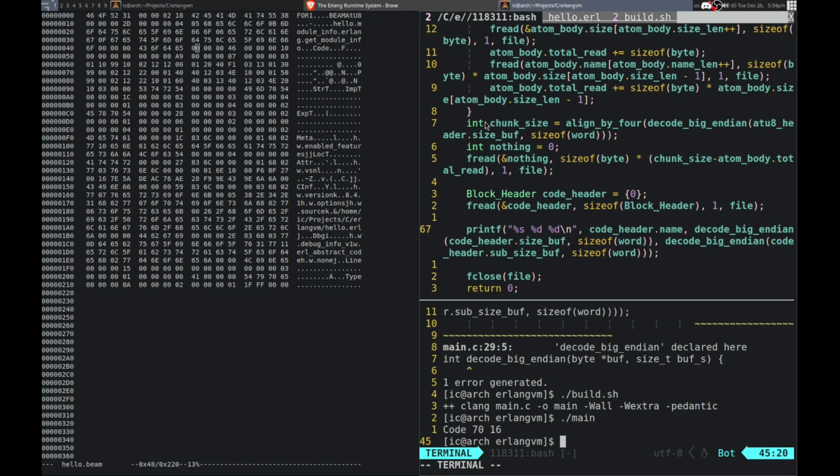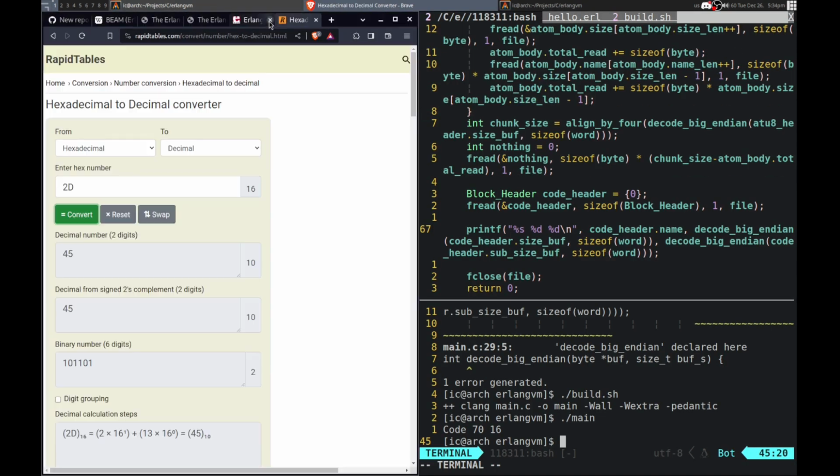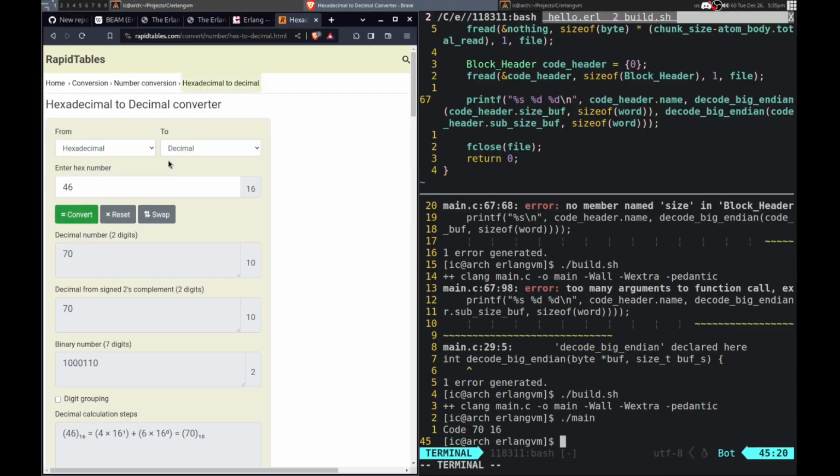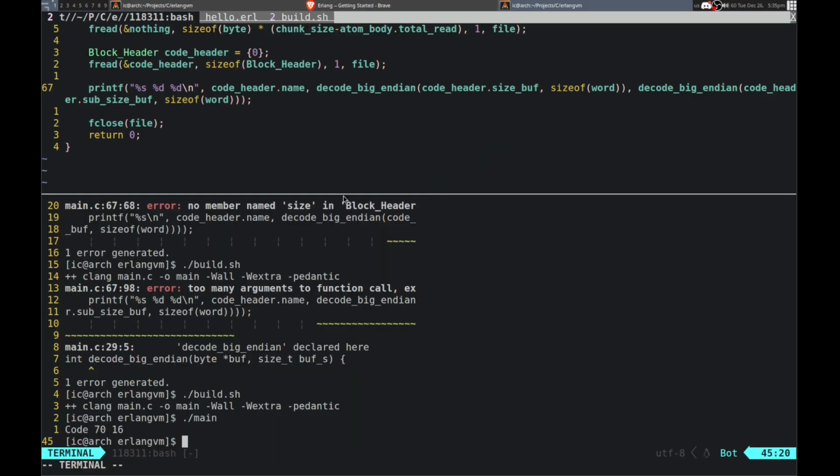So is that right? Let's see. 46 is what? 70. Okay, so that is right then. The next one is 10, so that is going to be 16. Alright, perfect. So we did read it properly.